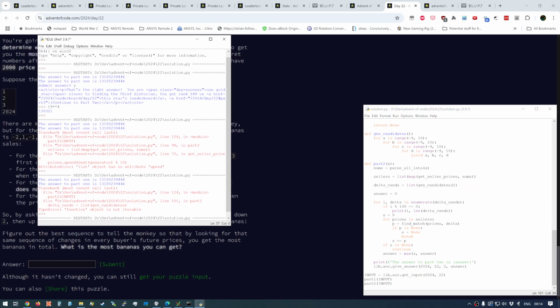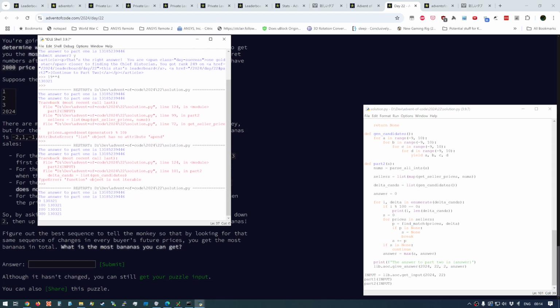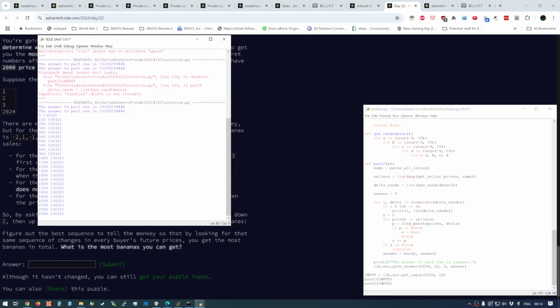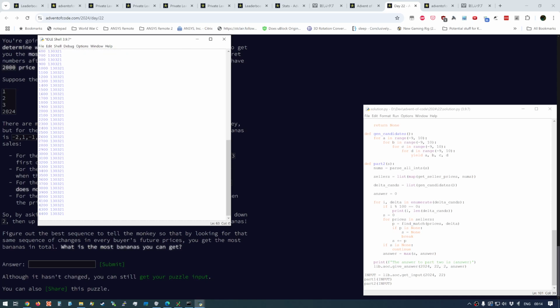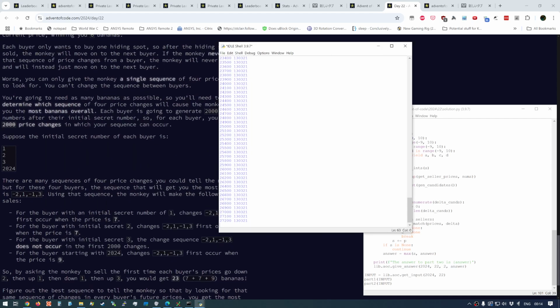Yep. Okay. There are faster ways to do this, but I prefer brute force here. This is not the best brute force. I really hope I don't have a bug. If I do,